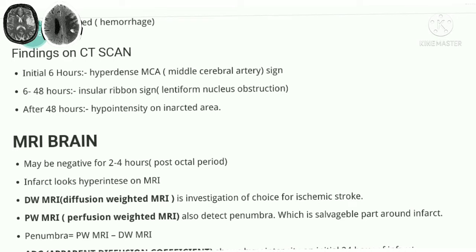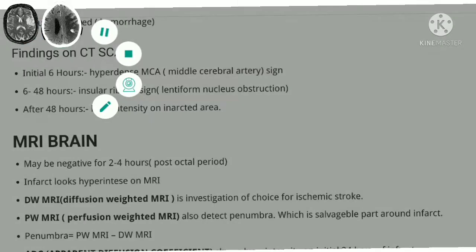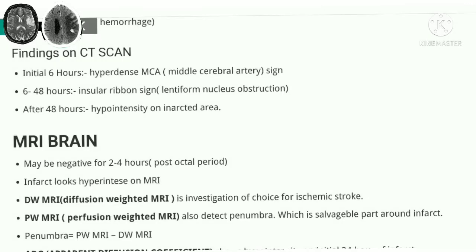The next most important investigation is the MRI brain. MRI brain can detect the ischemia or ischemic CV stroke in the very initial period. So we can save the crucial or golden period. Okay. But there is some disadvantage: MRI brain can also be negative for the initial 2 to 4 hours, which is known as the post-ictal period,